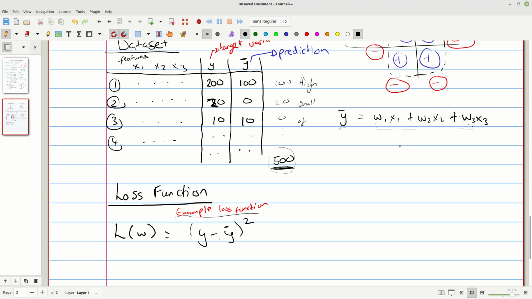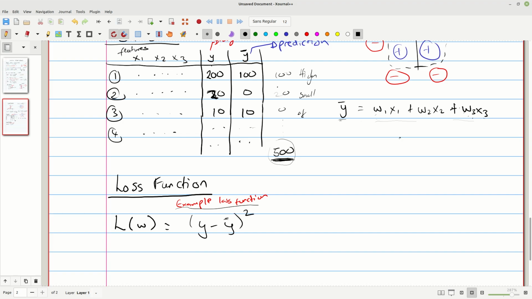So what this loss function does is it actually penalizes items that are far from each other more. So if here we have a loss of 100, we are going to take 100 squared. Here we're going to take 20 squared, and here we're going to just take 0 squared, right?